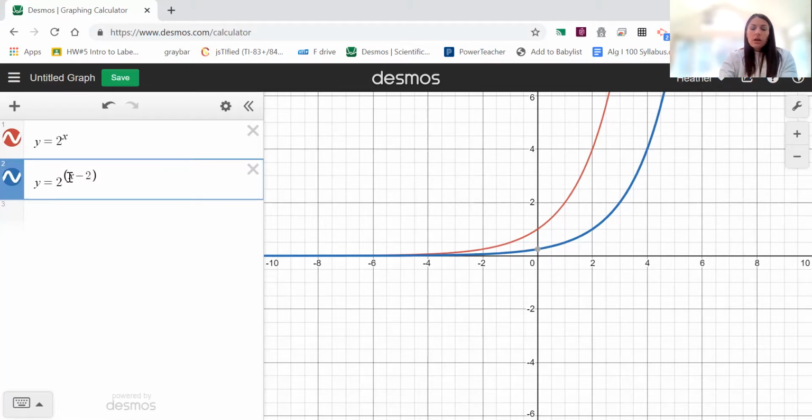Okay. What if I, on the other one, it's add 3. So I'm going to add 3. Shifted to the left, 3. Okay. If I add 6, shifts even more. If I add 10, shifts even more to the left. Okay. So we can see that,